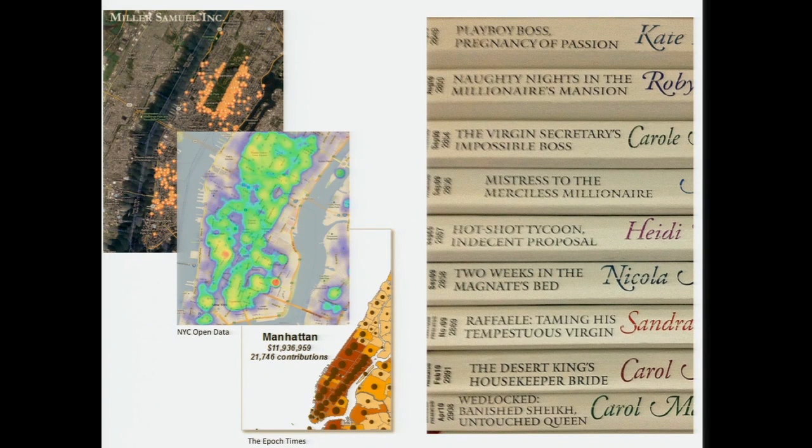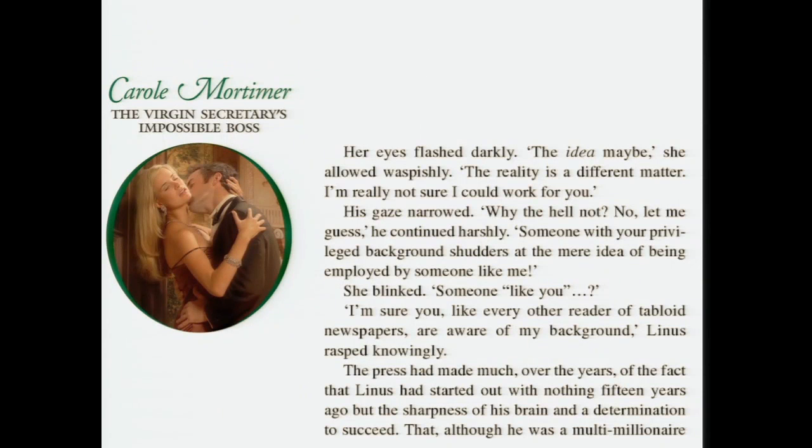Here's another picture from that Fort Myers store of another shelf where we see the naughty knights in the millionaire's mansion, mistress to the merciless millionaire, hotshot tycoon, indecent proposal, the Desert King's housekeeper bride, and so forth. I think the fact of the matter is that sometimes these maps become interesting social commentary. Sometimes they tell you what you want to know or surprise you. Other times they become yet another way of just looking at the Upper East Side of Manhattan and how rich